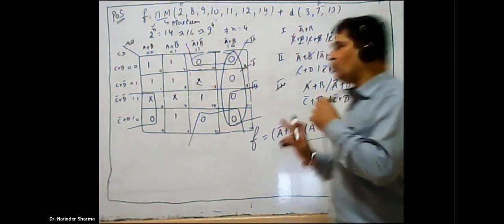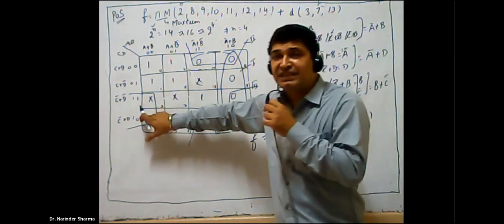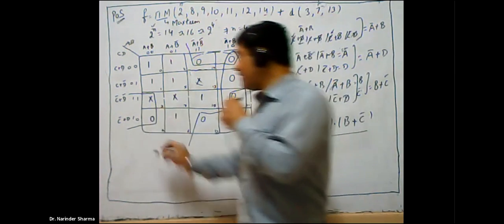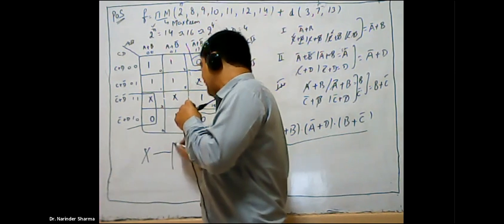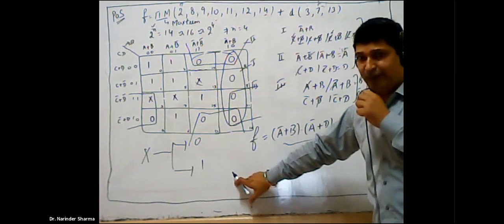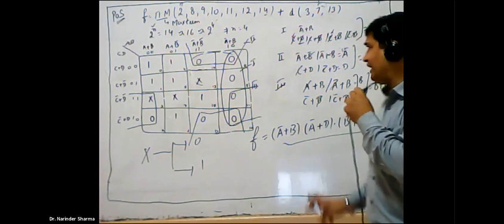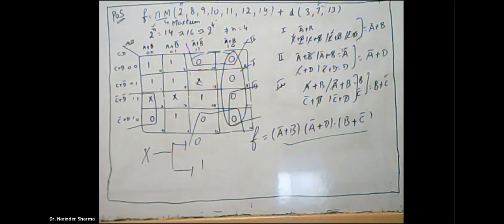One thing you have noticed in this reduction is that we have also used the don't care condition. Don't care, the cross, means it may be 0 or it may be 1 depending upon our requirement. We can take any value. So this is a very important thing; in reduction it plays a very important role. We should take care of it while minimizing the K-map.